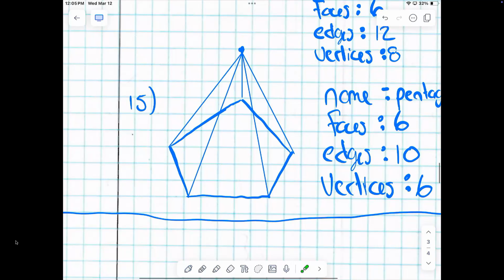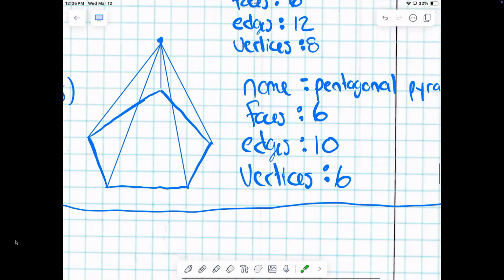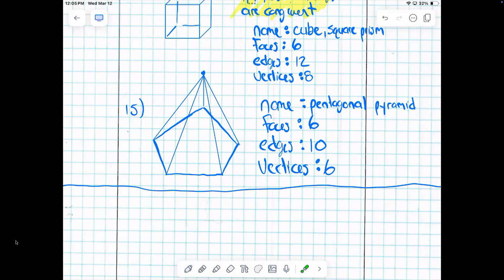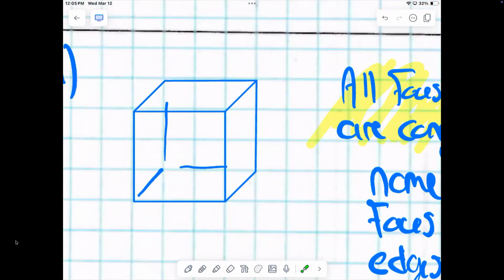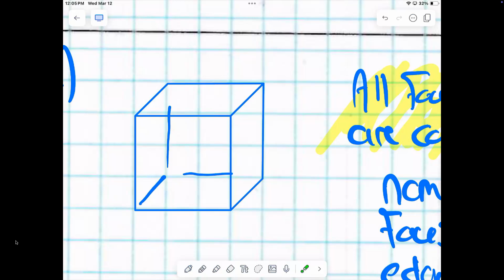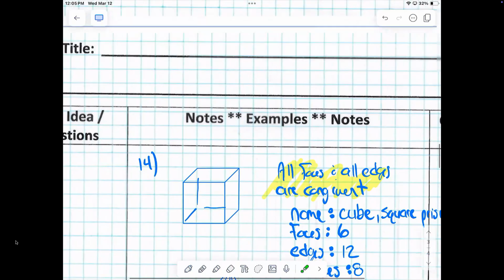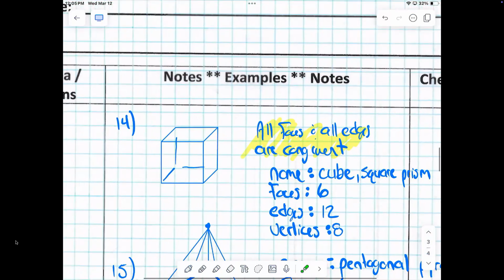Is this a pyramid or a prism? Comes to a point, right? What's my base called? Or what is my base shape? Pentagon. So it's called a pentagonal or a pentagon pyramid? If you have a shape in which all of the flat pieces are squares, that's called a what? It's called a... Is it technically a square prism? Yes. But we call it a